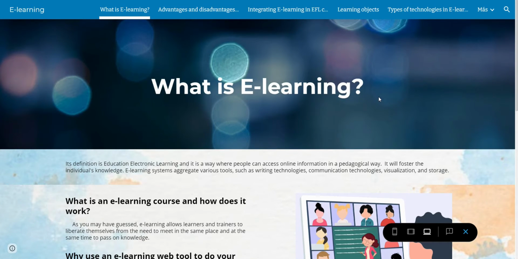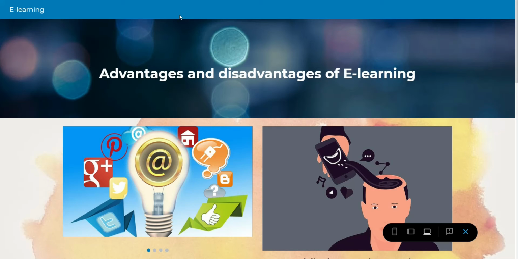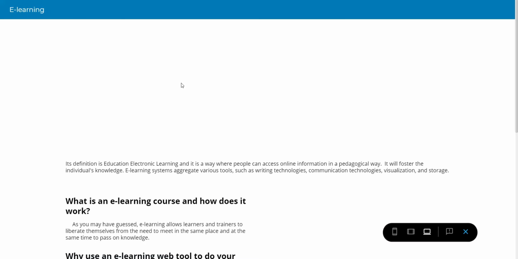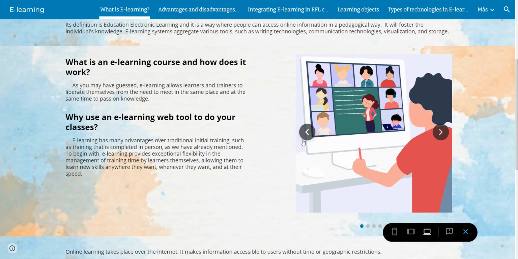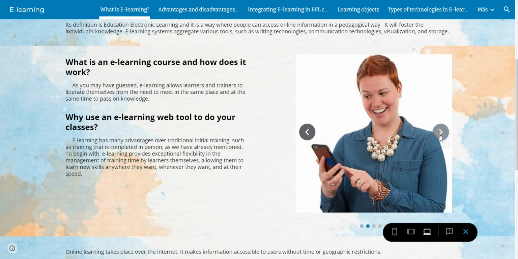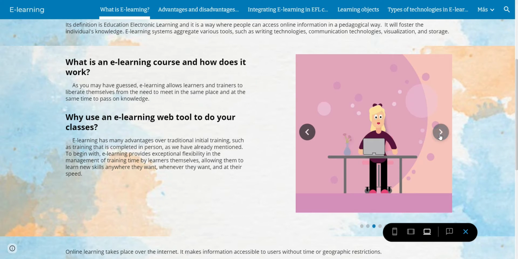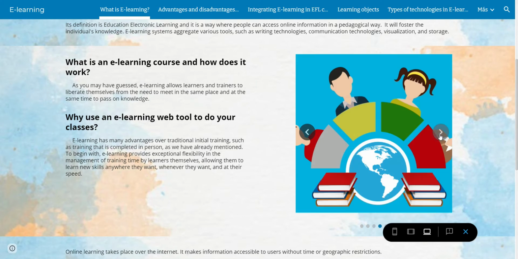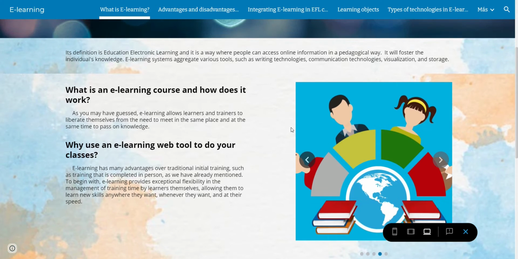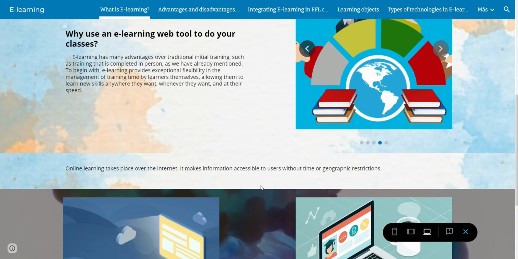So we made different pages for each topic that we were discussing during the class time. But in the first part, we put the definition of what is e-learning, and how it works in a course, and why it's important to use e-learning in your classes,